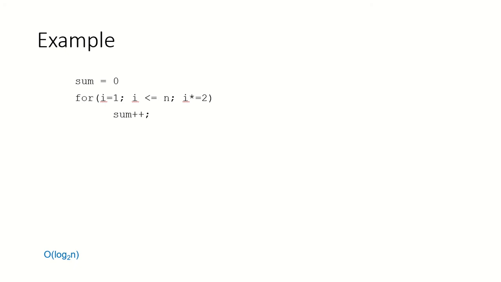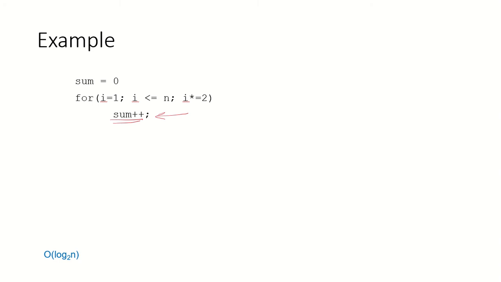Take a look at this example of a snippet of an algorithm. You can see that this is an assignment statement, and we have been seeing in our earlier videos that the time complexity is mainly contributed to by the statements which are within the loop. So let us see how many times this statement of computing the sum would be executed.